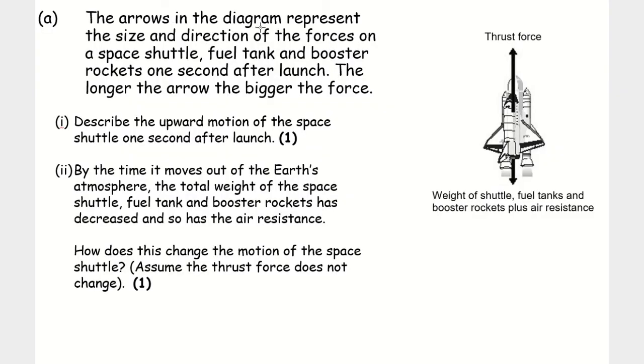Right, the arrows are said to represent the size and direction of forces on a space shuttle, fuel tank and booster rockets 1 second after the launch. The longer the arrow, the bigger the force. So you have a quick look here. We've got a thrust force here upwards, and we've got here a weight force downwards. And you can see clearly that that force there, the thrust force, is much greater than the weight of the shuttle. Okay, so first of all we've got to describe the upward motion of the space shuttle 1 second after launch,